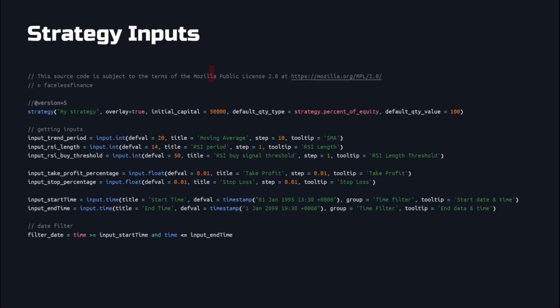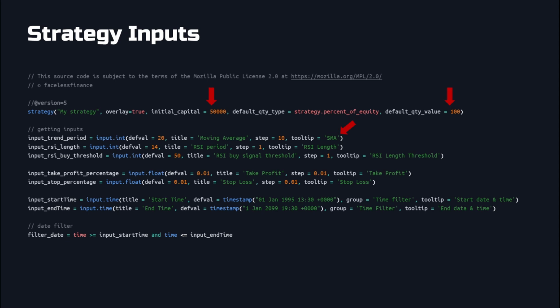The strategy starts with an initial capital of $50,000, and with a default trading quantity of 100. So anytime it places a buy order, it buys 100 stocks. The input trend period is the time period for the simple moving average indicator. A default value of 20 means the moving average line will be drawn with an average price of the last